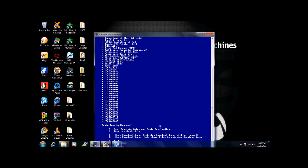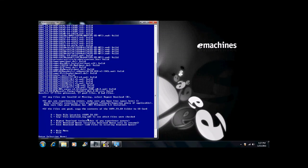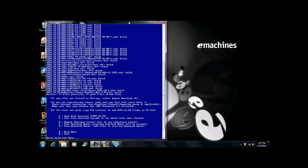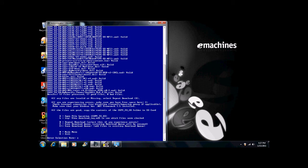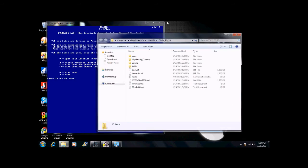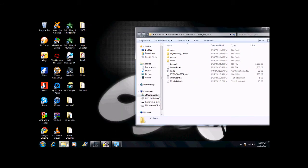I'm not gonna do it because I already did it, but once that's done downloading, it'll bring up a screen like this, and then it takes about an hour and a half, maybe 2 hours, depending on your computer. And so what you want to do is click O for open file location, then it'll open it up. Then you minimize that, open up your SD card,